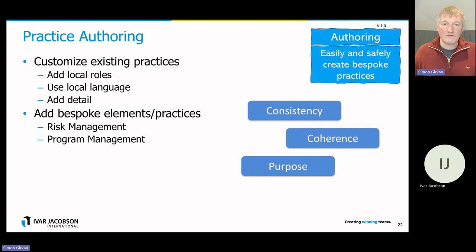And if I have another reference to it in a different document that's a different name, well, either they should be the same, in which case we choose the right name, or they're different, in which case we describe why they are different. So taking an existing set of ways of working and using the Essence language to describe it as a local practice is a really good way to improve your existing practices.